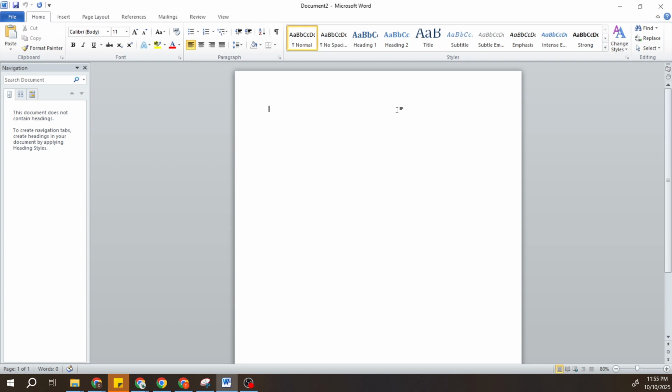For these changes to take full effect, it's always a good idea to restart the Word application. Simply close Word entirely and reopen it. And there you have it. With these straightforward steps, your recent documents and folders lists are now hidden, giving you a cleaner and more private Word